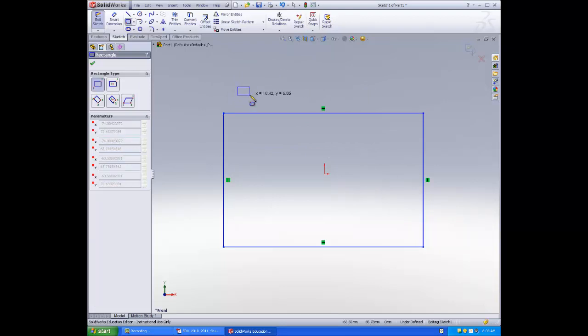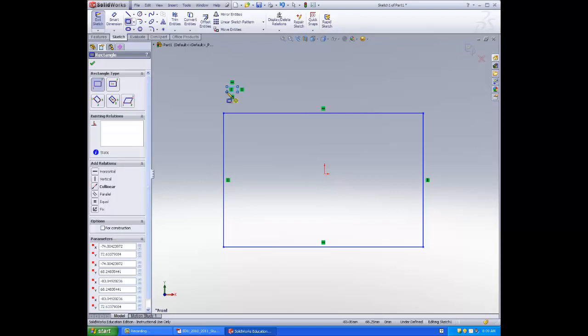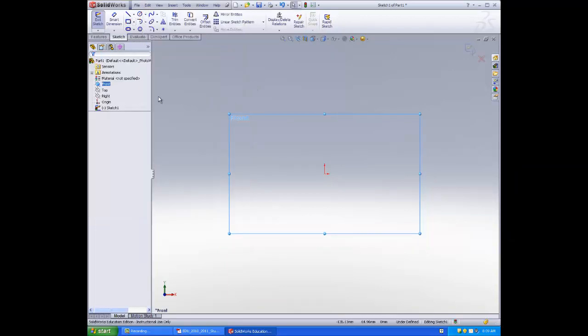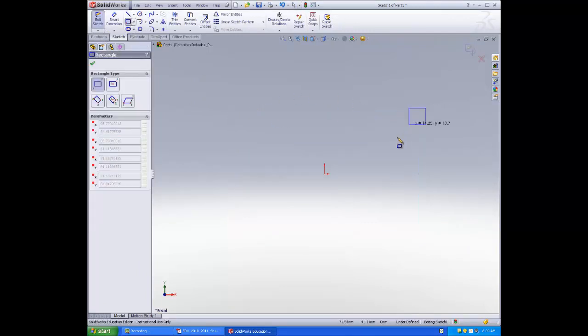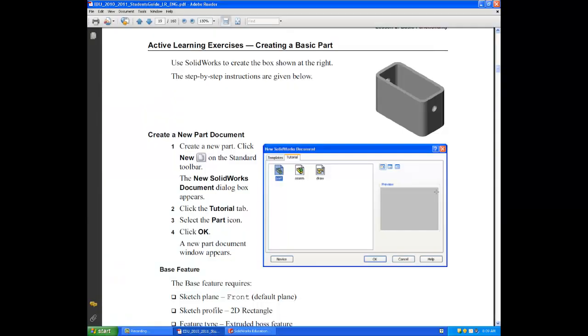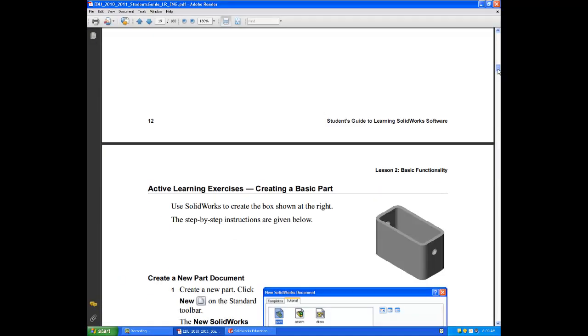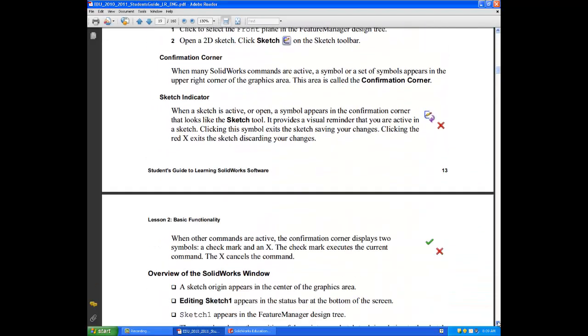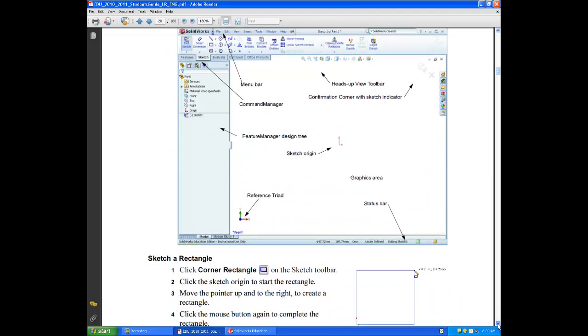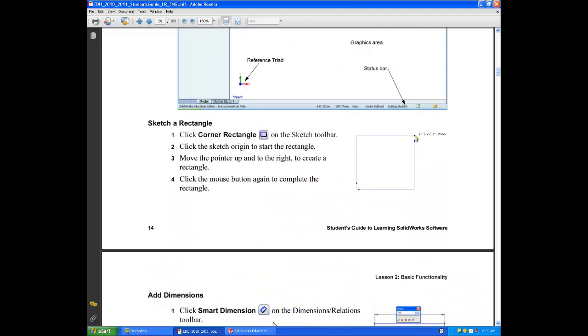Whoops. Always do Edit, Undo to deselect and go back if you make a mistake. Now the next thing we're going to be doing: we drew that, and we've gone over all these in our tutorial packet. We've put together our rectangle,